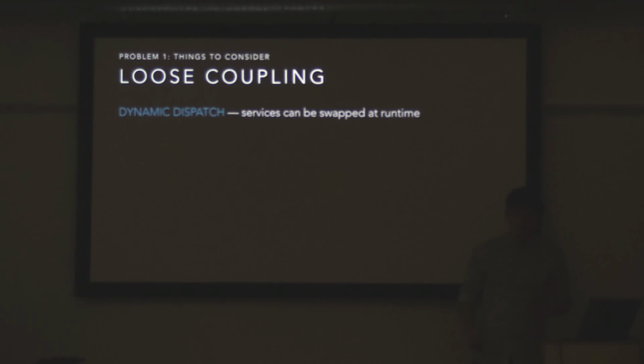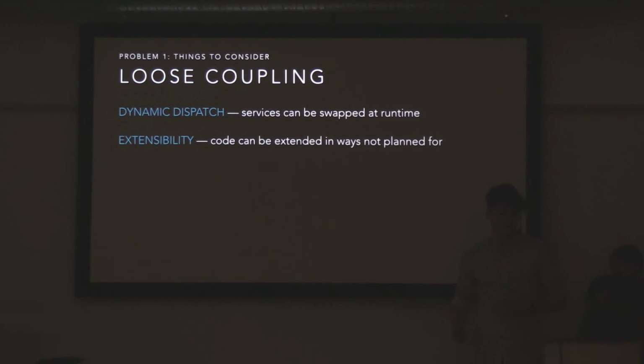First, it's dynamic dispatch. So with dynamic dispatch, you can, in runtime, decide what dependency you will provide or what methods you will execute. There is extensibility. So if you provided good abstractions, you can extend something by just swapping the modules, replacing with something. Then parallel development, again, if you establish some kind of seam abstraction, you can give the development of implementation and development of the particular thing to someone else.